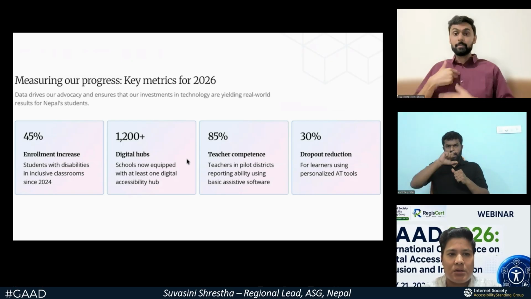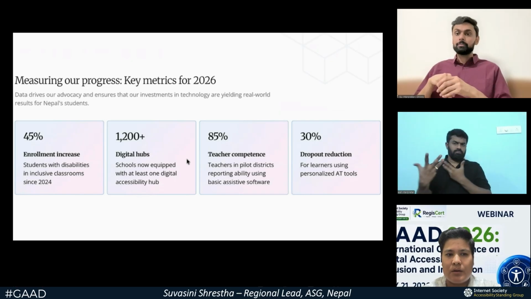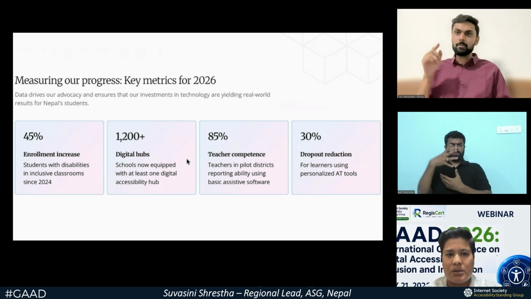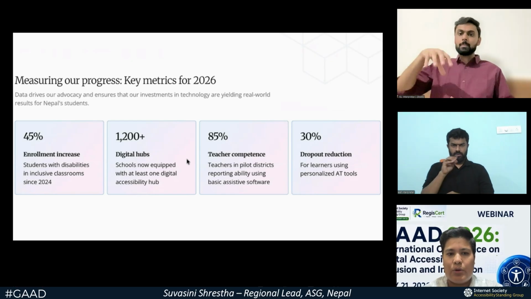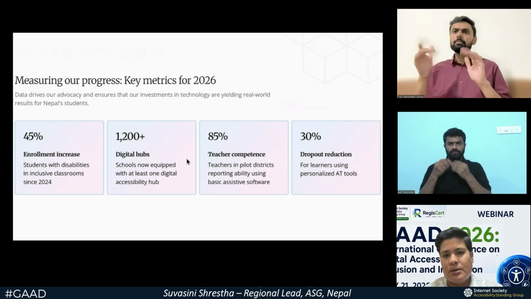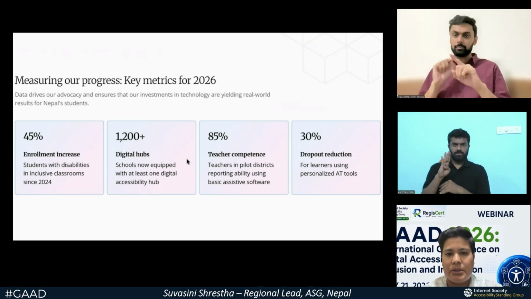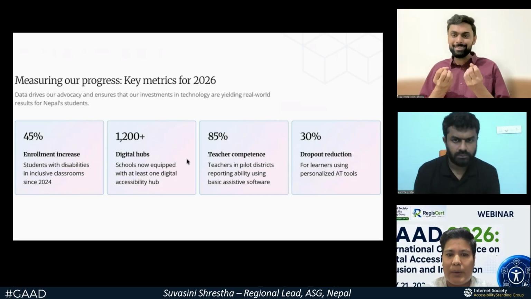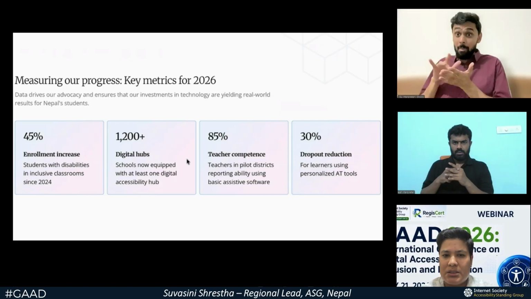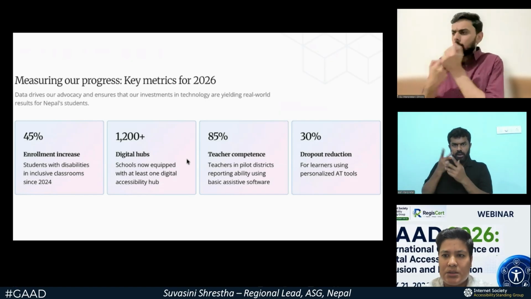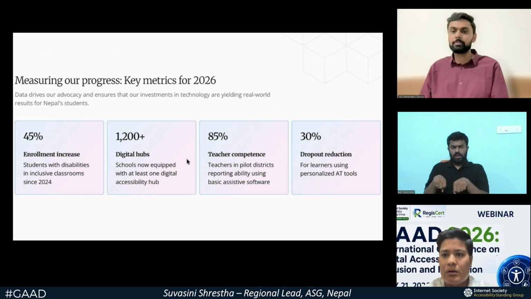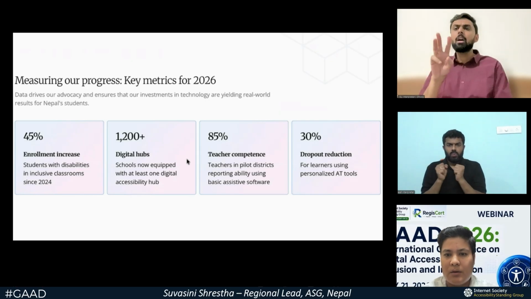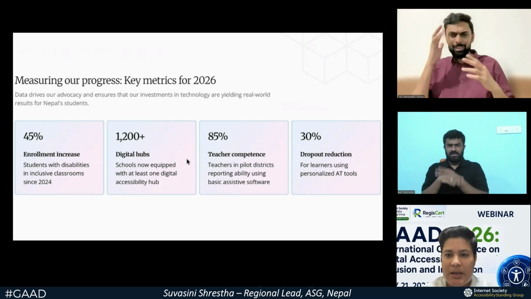We have 45% enrollment increase in the case of students with disability in inclusive classrooms since 2024, and there are 1200 plus digital hubs, each now equipped with at least one digital accessibility hub, and 85% teacher competence, that is teachers in pilot districts like rural areas of Nepal reporting ability using basic assistive software in the region where there is no internet in rural area, and there is a 30% dropout reduction for diverse learners using personalized assistive tools.